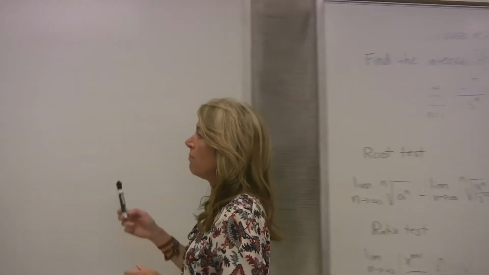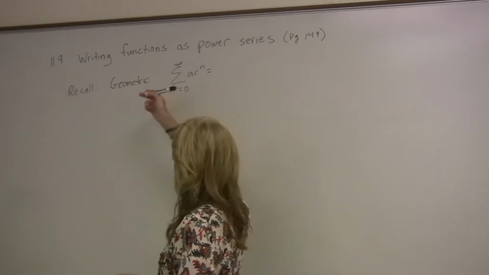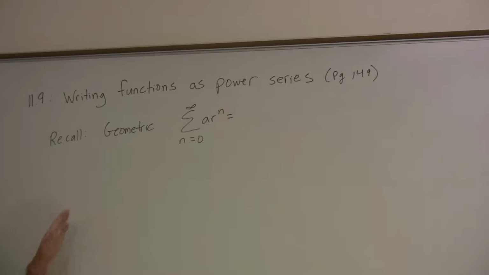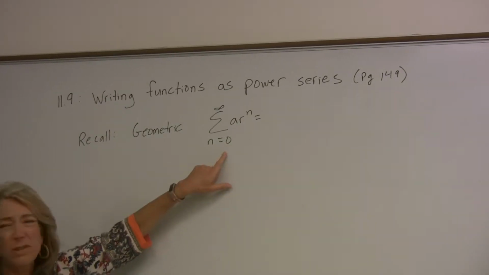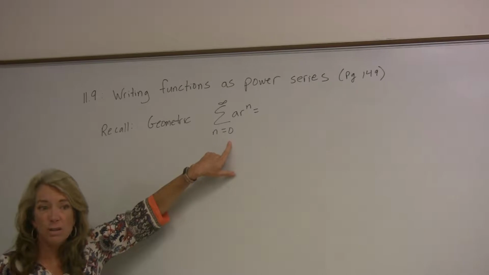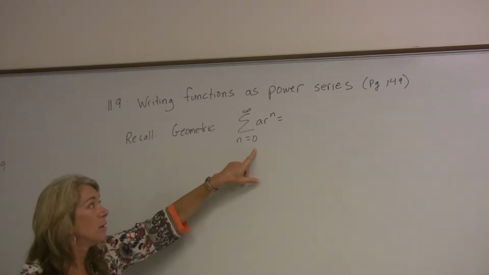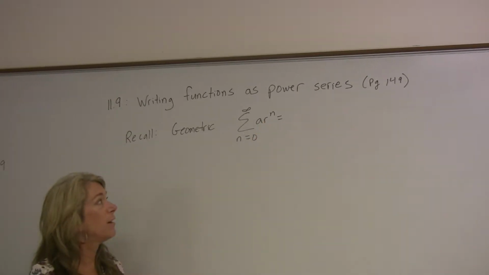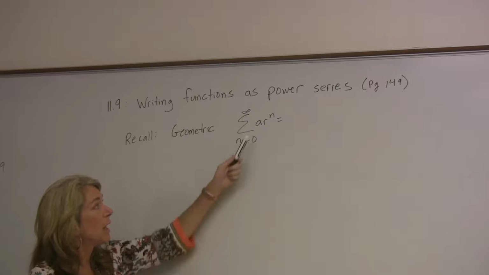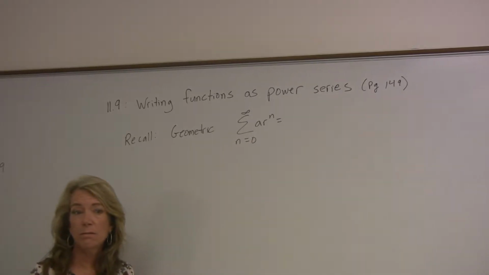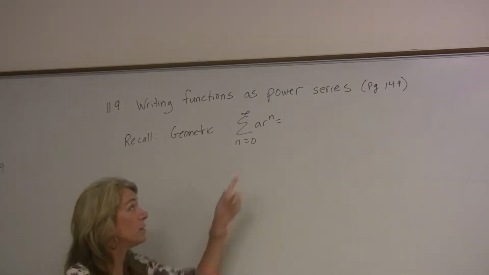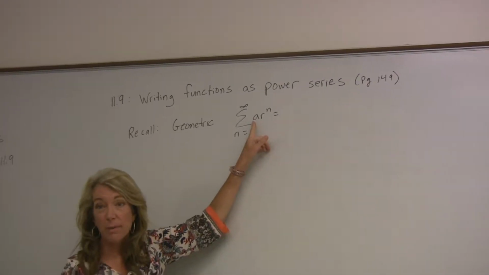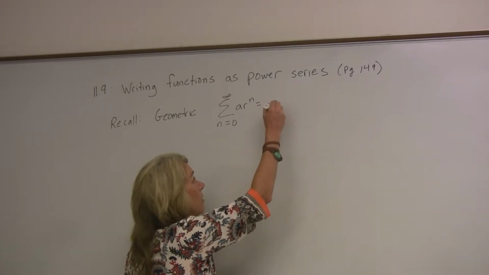We're going to start 11.9. It's on page 149 of your notes. We're going to start by remembering what we know about geometric series. When you have a generic geometric series, notice I'm starting at 0 here. You can start at 1 if you wanted, but I'm going to start at 0. The first term is going to be plugging 0 in for n. So what's the very first term? A times r to the 0, which is 1 times a. So it'll just be a, because this part's 1, multiplied by the a. So it'll be a plus,